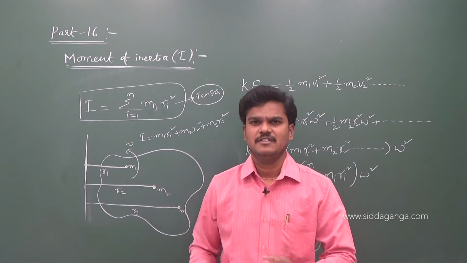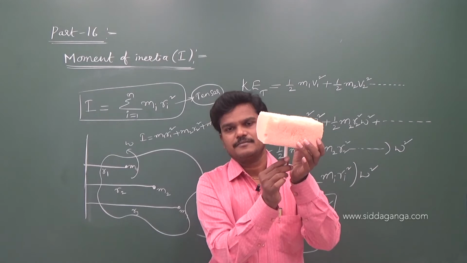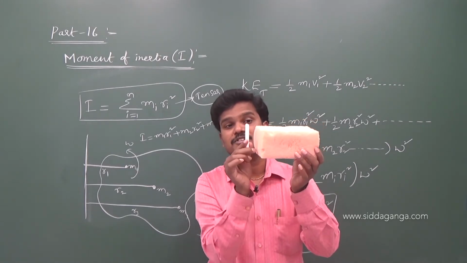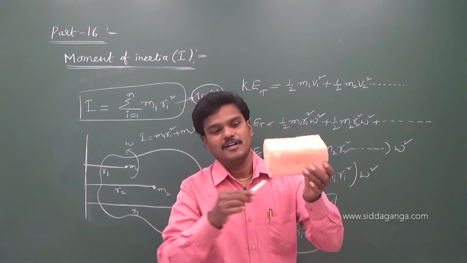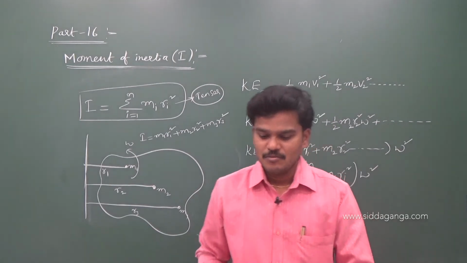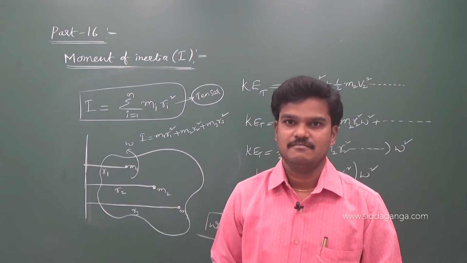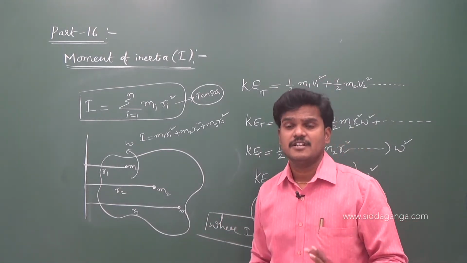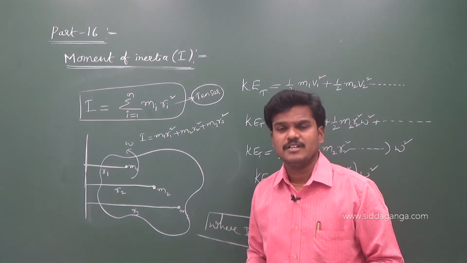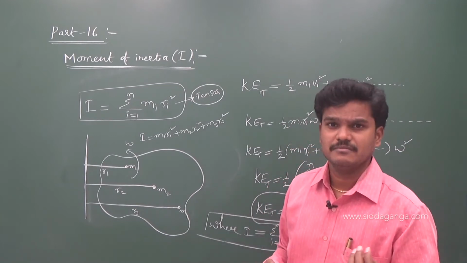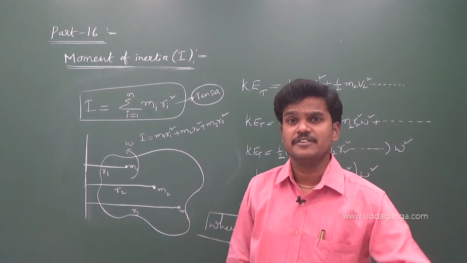You wait and see. If I calculate the moment of inertia about this, I will give the name later, you will get one formula. About this, one formula. About here, one more formula. About here, one more formula. That's why the moment of inertia is different in different directions. That's why it is not a perfect scalar. It's not a vector, because it will have different values in different orientations, different directions.